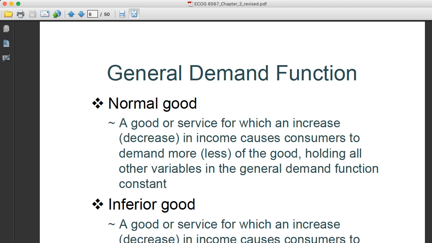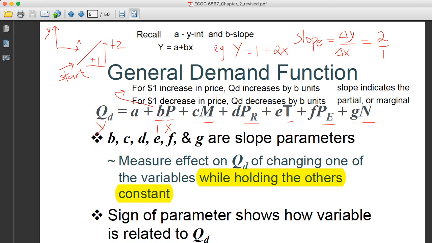A normal good is a good or service for which an increase in income causes consumers to demand more of the good, holding all other variables in the general demand function constant. So what I'm focusing on when I make this definition is this variable. The normal good definition focuses on that variable and says that